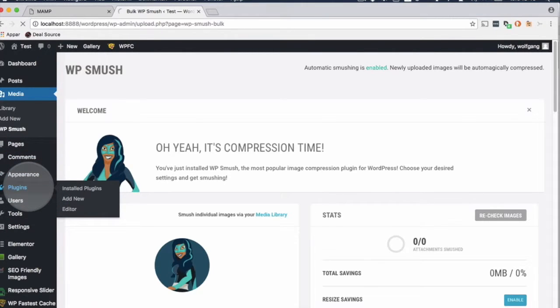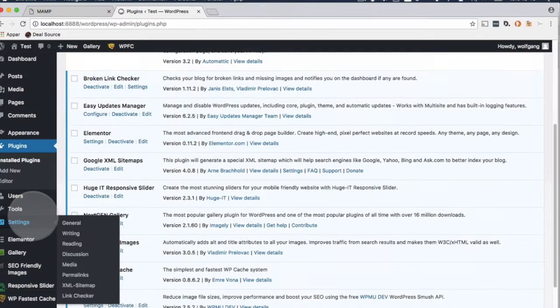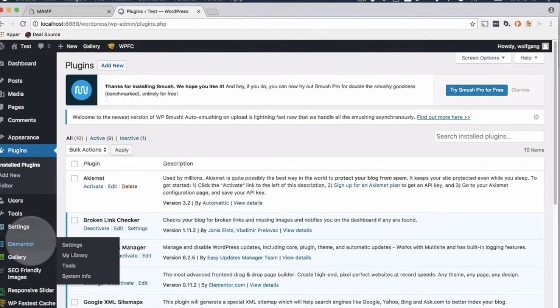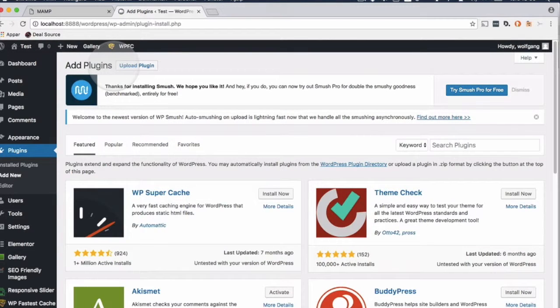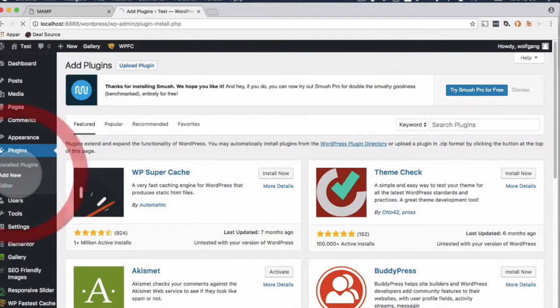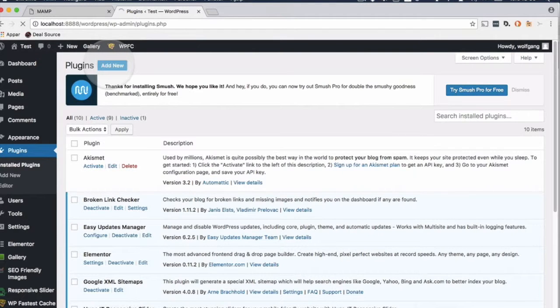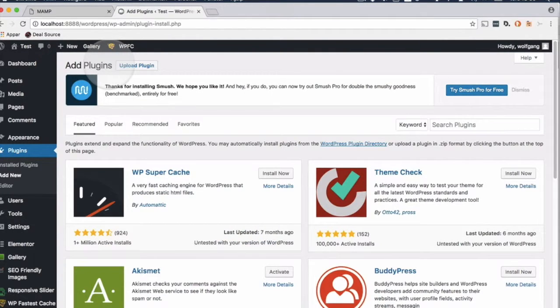We check the plugins again here. There's one more you might need. I don't think you need it because I think Elementor has this, but to be sure I will show you this plugin. It is called, let me see, no, I don't upload, I want to add new. So we go to add new. Alright, they want me to try again here. Add new. And we will search for